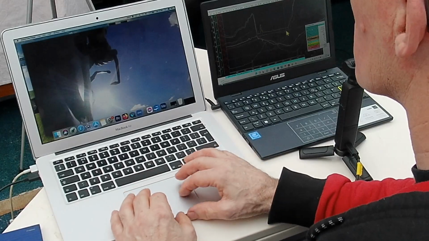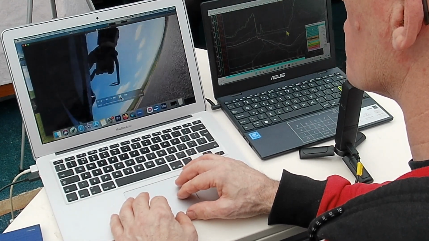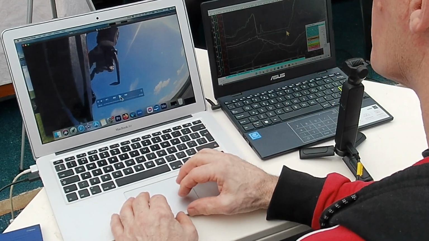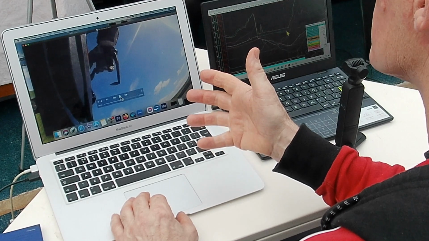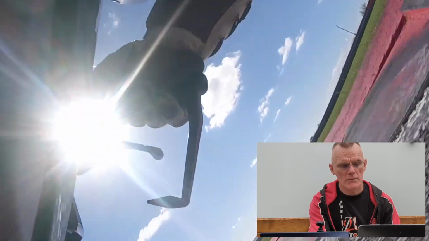Now if we just quickly go back on there, hopefully what it shows was how quite small the time frame is from when I release the brake to where the throttle gets picked up. Off, on.